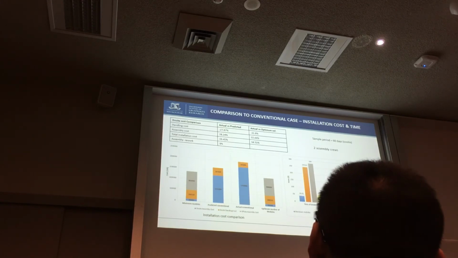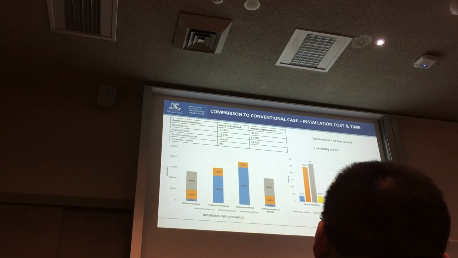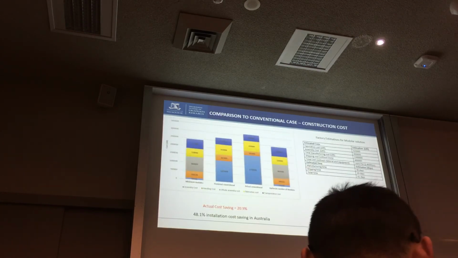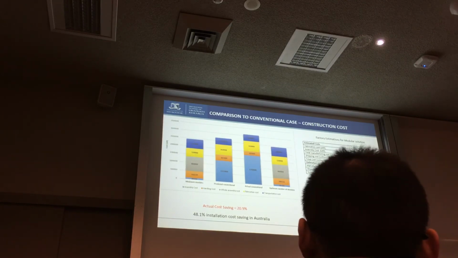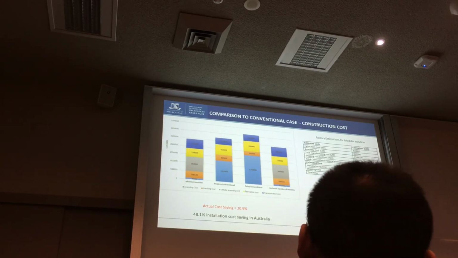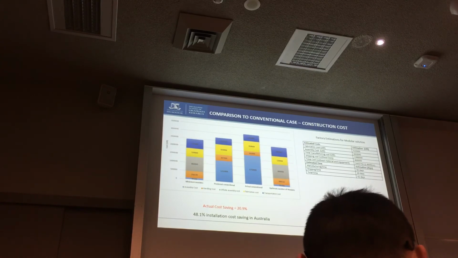So actual versus the optimum solution shows that an installation cost saving of up to 34% can be achieved through the optimum design, which is the modular design. However, in order to compare the overall cost or the overall benefit of modular, the optimum configuration which was generated was sent to an off-site factory for estimation of off-site installation and fabrication costs. Once you take into account the fabrication, transportation and off-site installation costs, the actual saving through modular compared to the conventional case for the Sri Lankan case study was 21%.